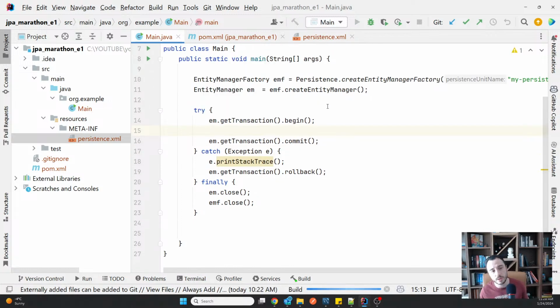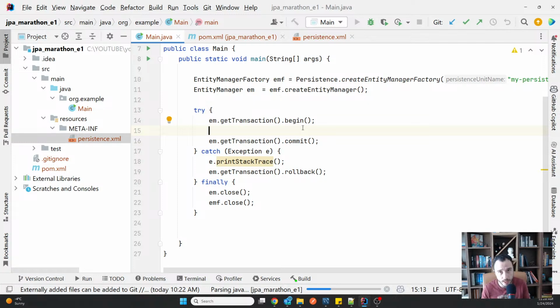If everything is right, I shouldn't have any exception, but it does not do anything, because as you can see, we didn't put anything between the begin and the commit. And the reason is you cannot simply put something there. You first need to describe how your domain model looks like, and we do that through entities.